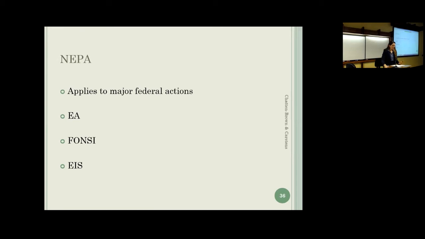And then one other major difference between NEPA and CEQA is the substantive mandate, and that's that under CEQA, you can't approve a project if there are feasible alternatives. And we discussed the ways feasibility is determined. Under NEPA, there isn't that same prohibition on approving a project if there are feasible alternatives. You need to analyze the alternatives, you need to disclose all the impacts, but even if there are feasible alternatives, you can sometimes approve a project that would have an impact.